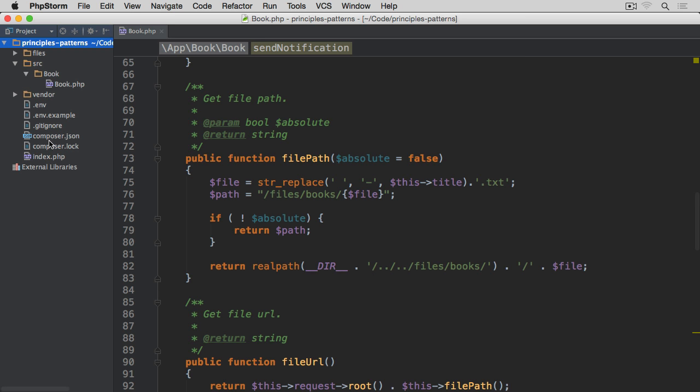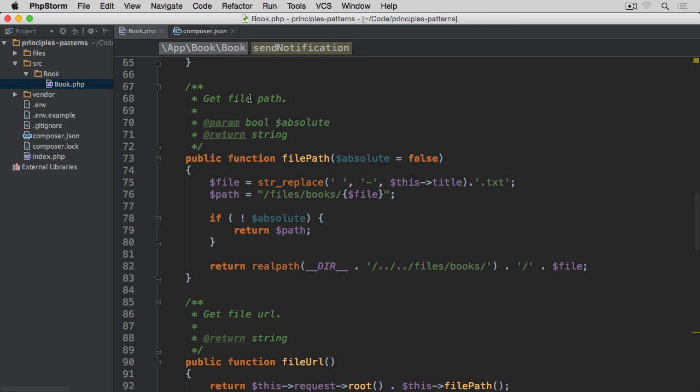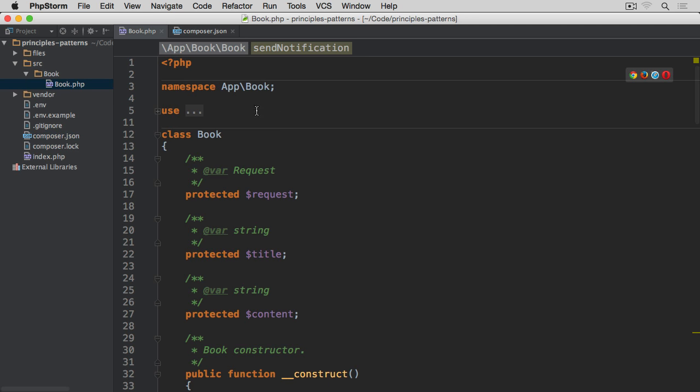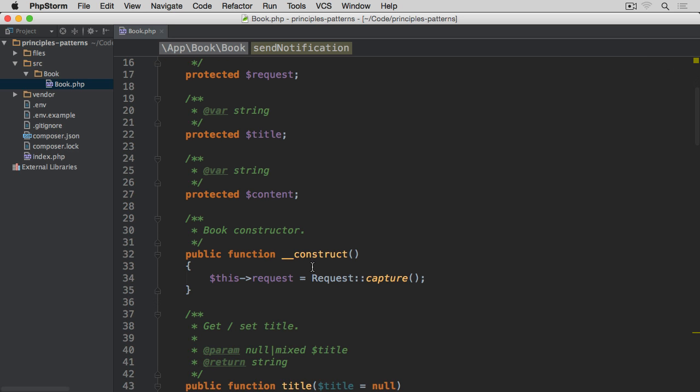way I have it organized, basically, if we open composer.json, you'll see I've got this app namespace, which points to the source directory. And obviously our book class, if we scroll right to the top, is within this app book namespace. So what I'm going to start with, first of all, the first thing that already annoys me about this